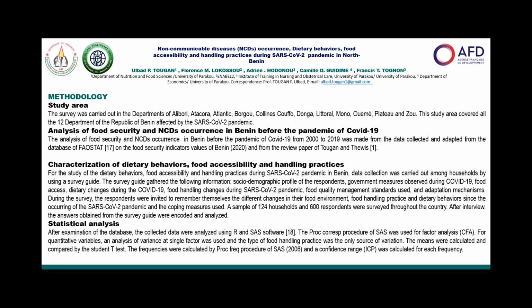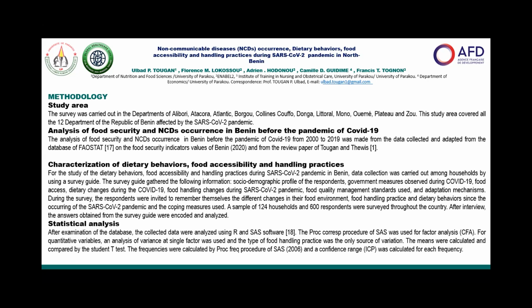About the analysis of food security and non-communicable disease occurrence in Benin before the COVID-19 pandemic: the analysis was made from data collected and adapted from the database of our states on the food security indicator values of Benin in 2020 and from the review paper of Tuga and Tewis. About the characterization of dietary behavior, food accessibility, and handling practice: